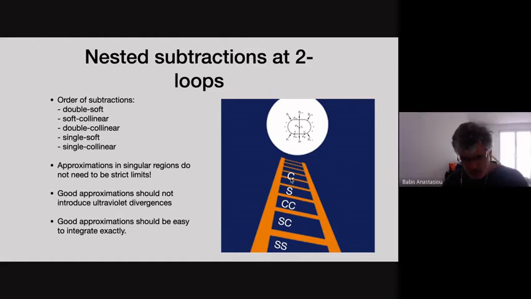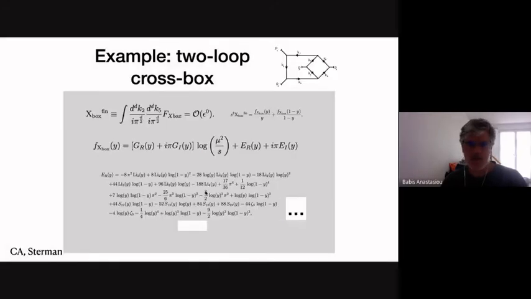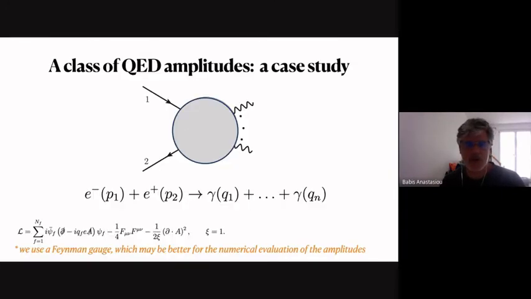And at two loops, this seems to work very nicely. I'm not going to bother you with many examples here. We did the planar box, the cross box, and things that are considered to be complicated, and they seem to work. So this is what the factorization theorem tells us, that you can subtract the singularities in a very nice way. And what it says more is that once you have subtracted them, they organize themselves into something nice. This organization into something nice does not happen for random terms in an amplitude, but it happens for full amplitudes.